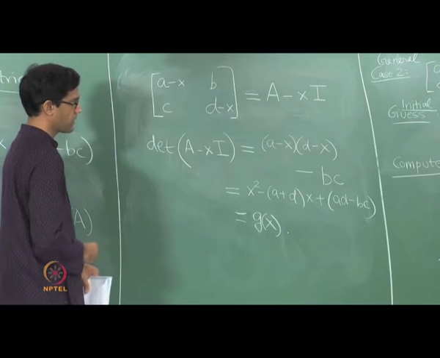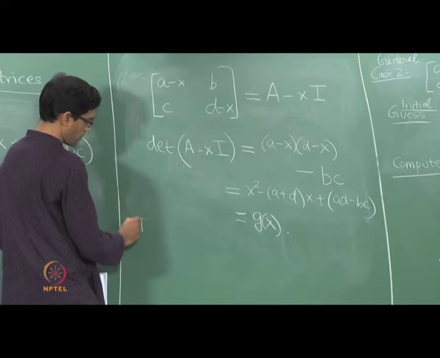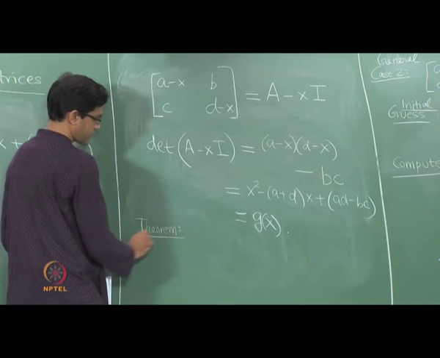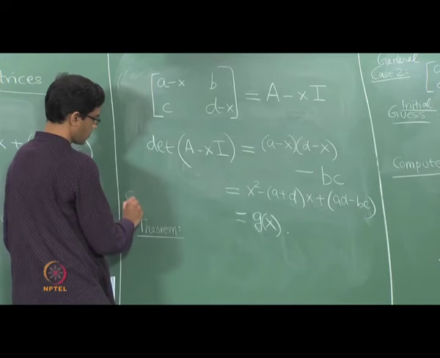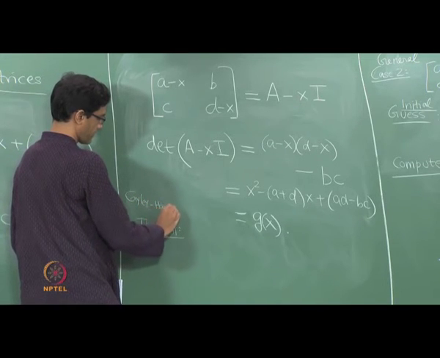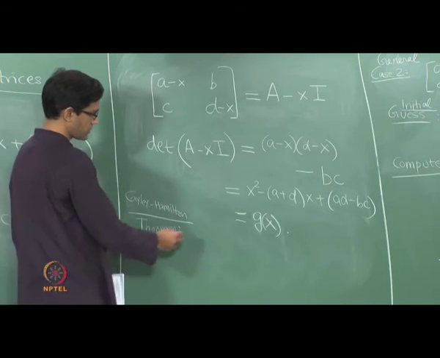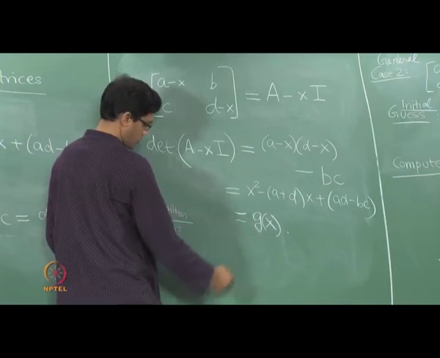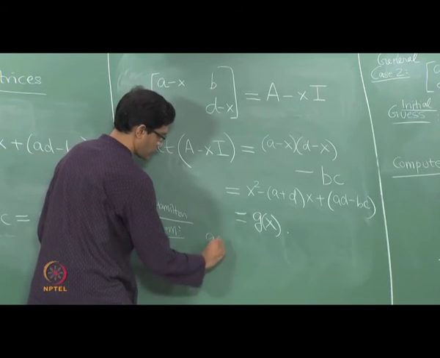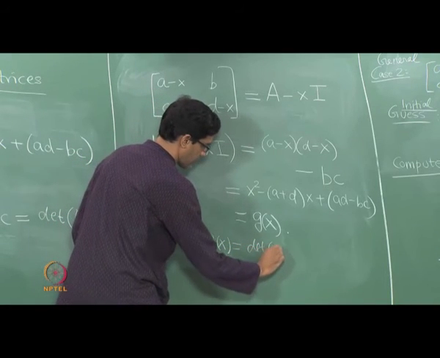So that is the key fact that we have just realized, and this is one of the somewhat remarkable theorems concerning matrices, or polynomials applied to matrices. It goes by the name of the Cayley-Hamilton theorem. Let me not write this out in full. The thing that we just said, I will just say it in this context: g of x, which is just the determinant of A minus xI.